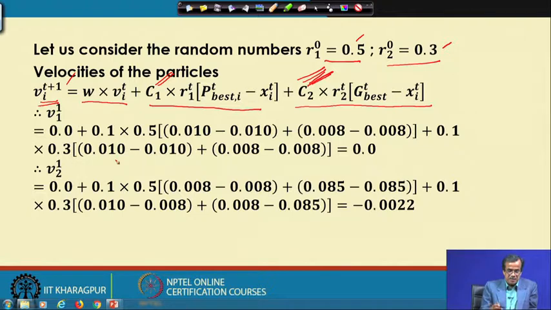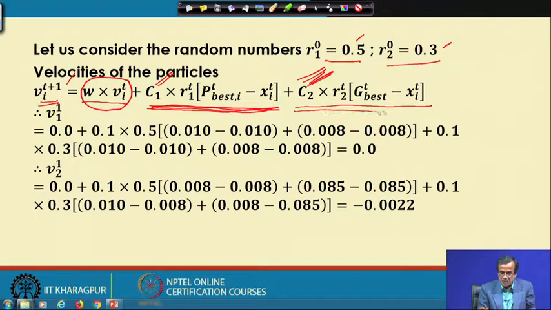Before I proceed further, let me tell you that this particular component is going to give some sort of initial momentum to the solution. Then this part is the cognitive part, and this is going to ensure the local search of these design variables.